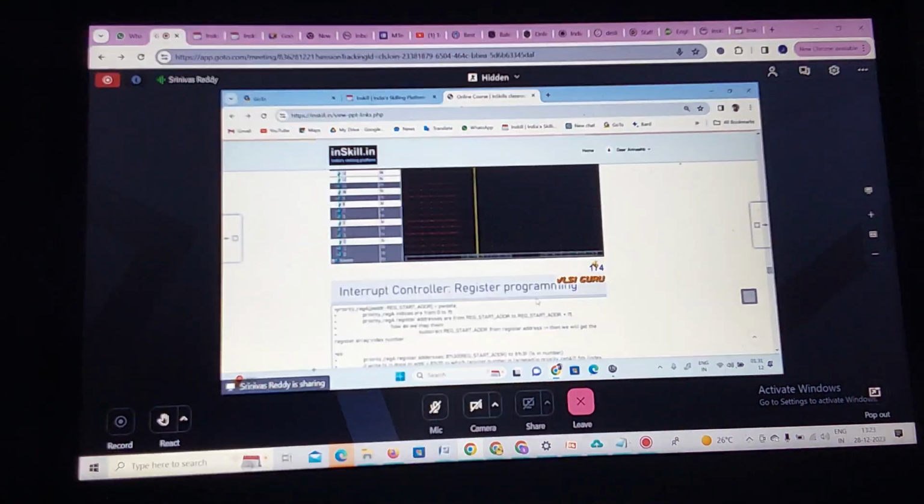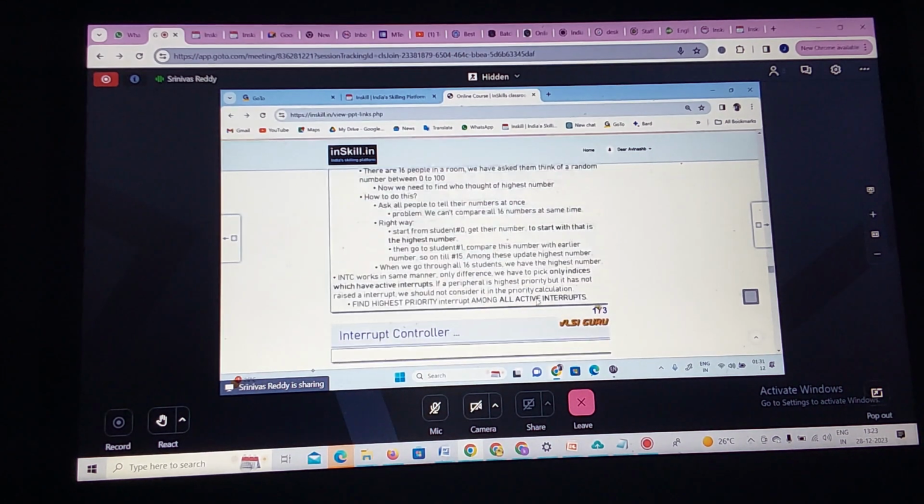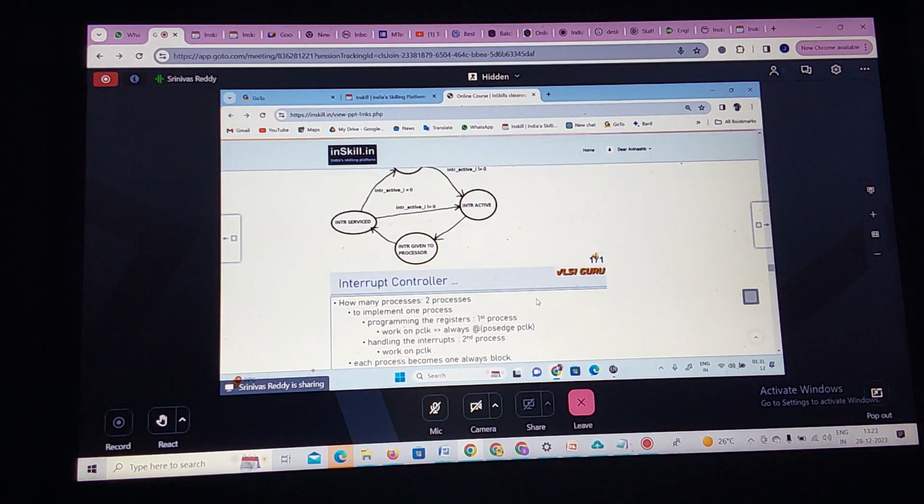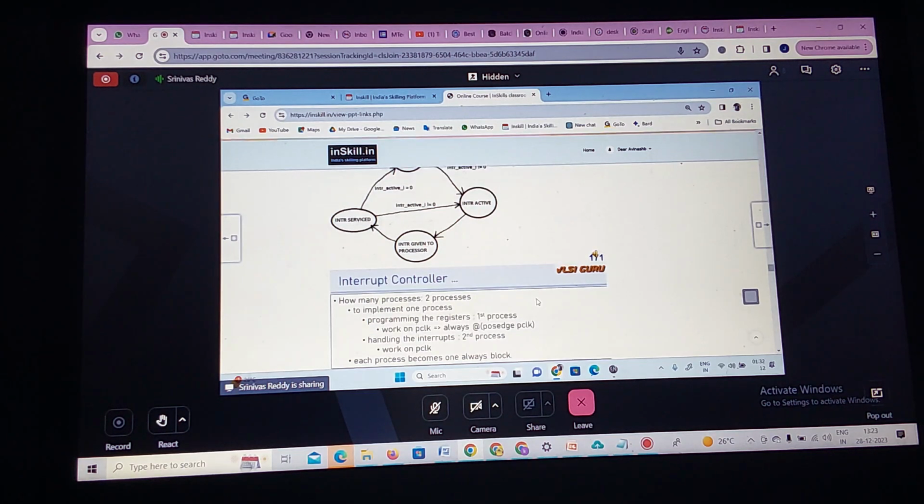So with this, we'll do one thing. We'll write a program after understanding this. We'll take this up in the next session. We'll write the program for the interrupt controller in the next session. We'll write the design file like how exactly you are doing for your